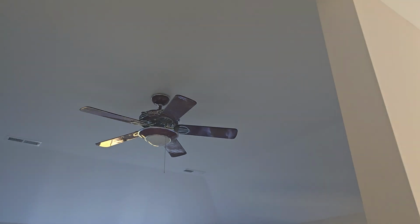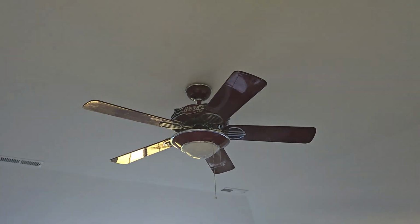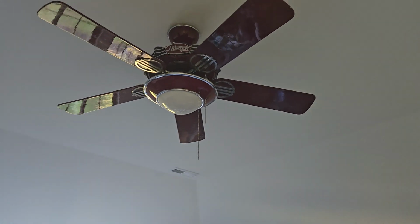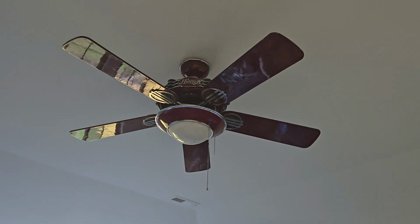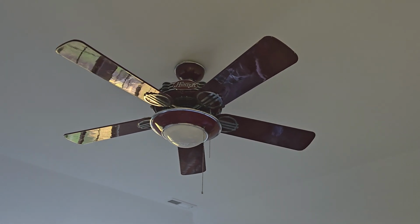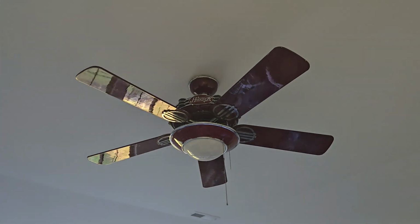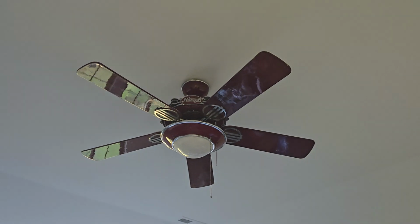the bonus room, we have the wine red 1930s. Not really sure what to say. I've made a video on this one before. Well, not many times. I made one video on it. I don't know why I said that, but still need to set this room up. Still need to clean it, but